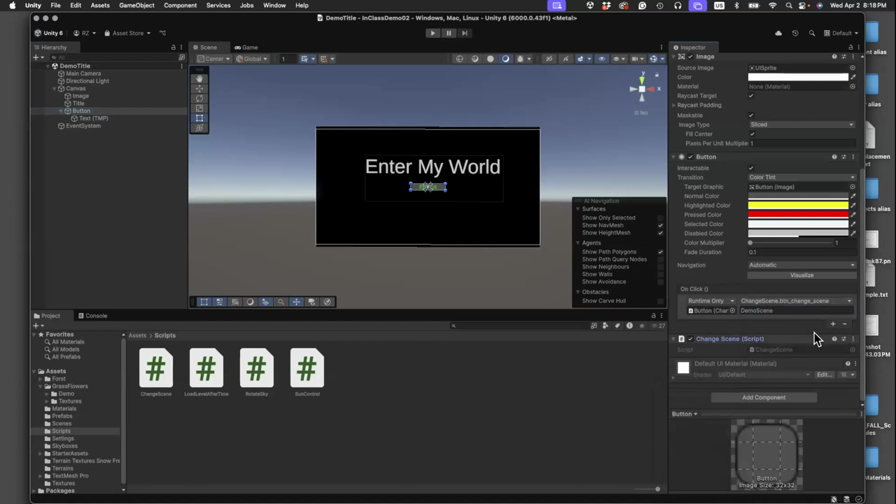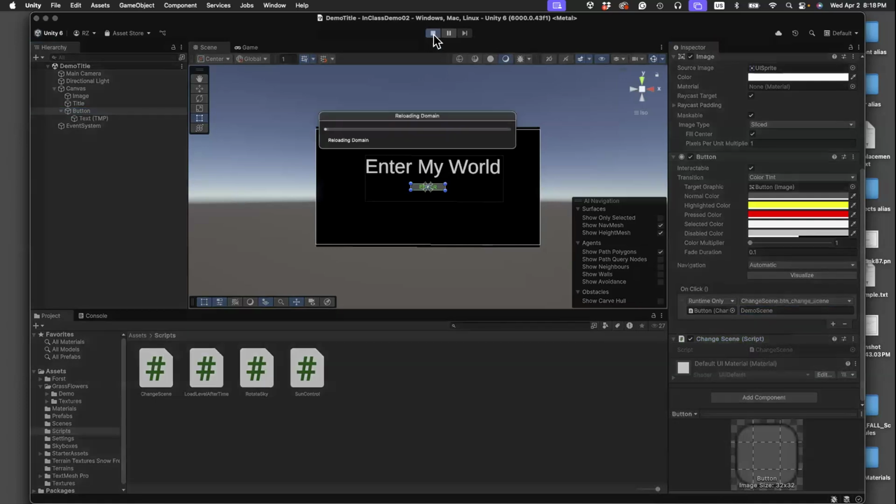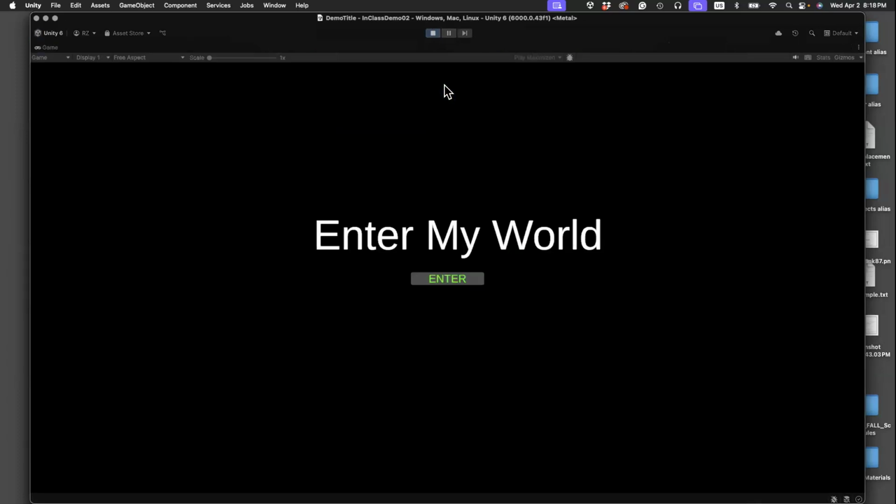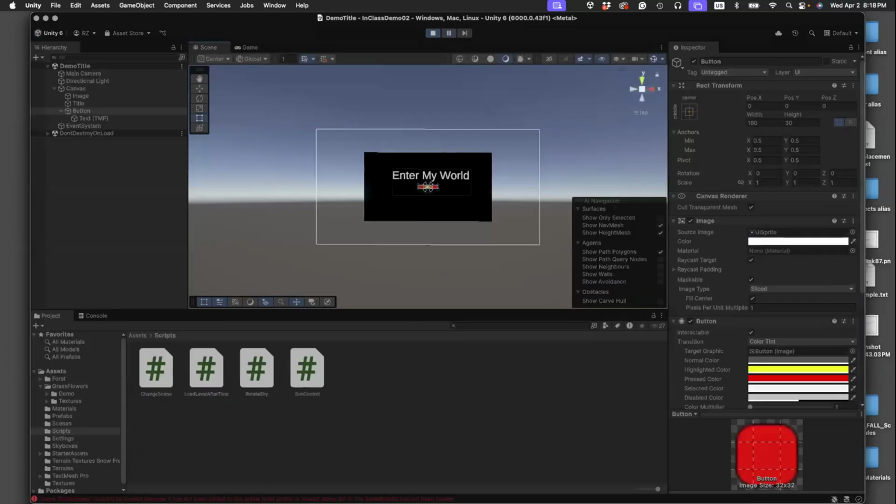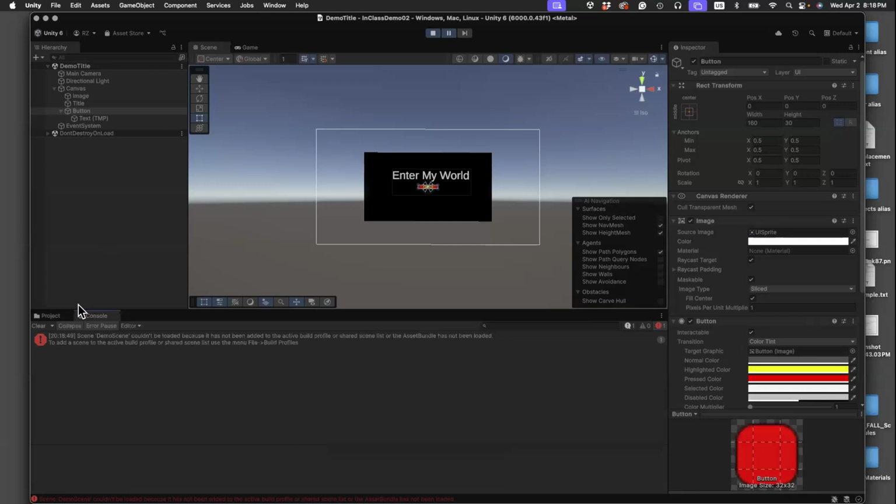However, I deleted the demo scene from my build. So at this point, if I test this, nothing happens. I get an error: demo scene couldn't be loaded because it has not been added to the active build profile or shared scene list, or the asset bundle has not been loaded. So I need to go back to